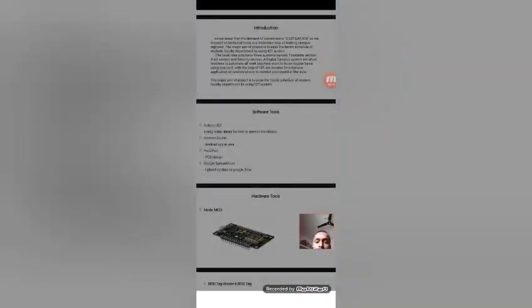The software tools which we used are Arduino IDE. As we know, Arduino IDE is open source software. We are using Arduino IDE to program the NodeMCU and other peripherals. We use a special feature of Arduino IDE, the Talkie library.